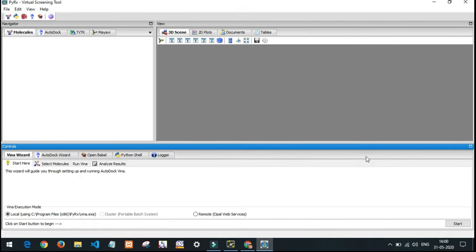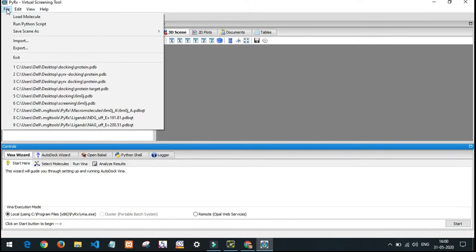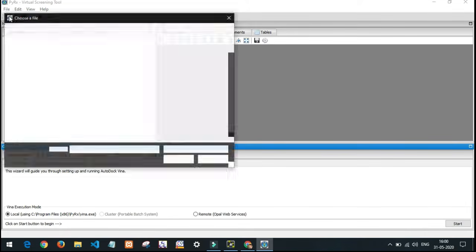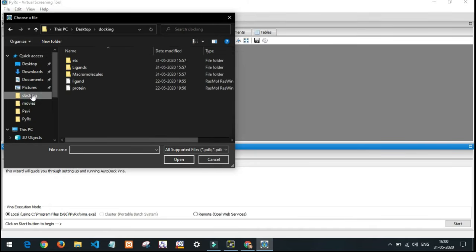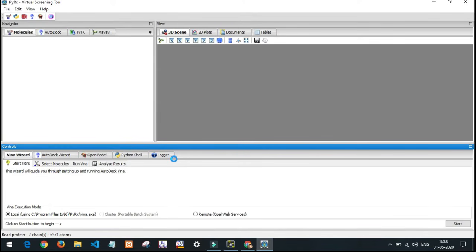Once the output folder is set for the results, the next step is to load our protein molecule. First we open File, Load Molecules. This is our protein. Here is the protein structure loaded. For docking analysis, the step next to loading is pre-processing.